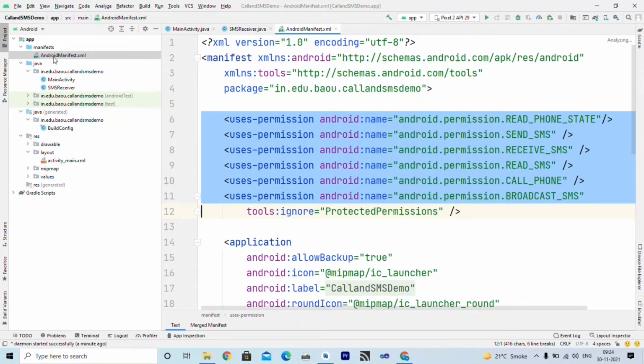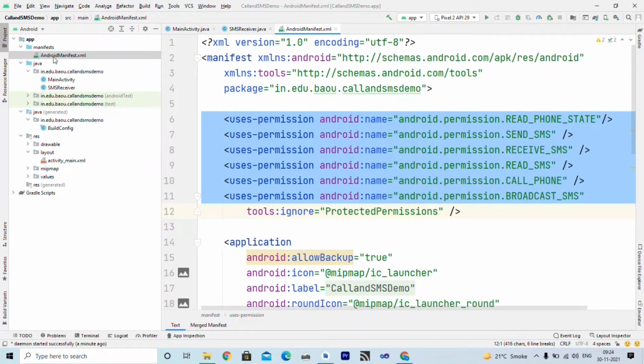Here you can see READ_PHONE_STATE, which earlier we have used for reading telephonic information. We have SEND_SMS permission to send SMS. We have RECEIVE_SMS permission to receive SMS.